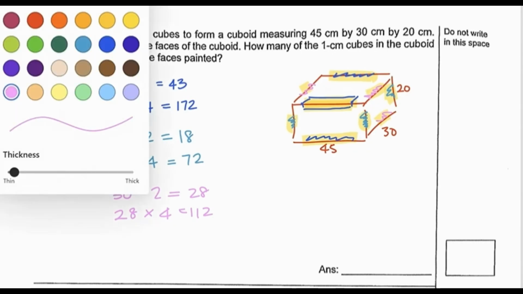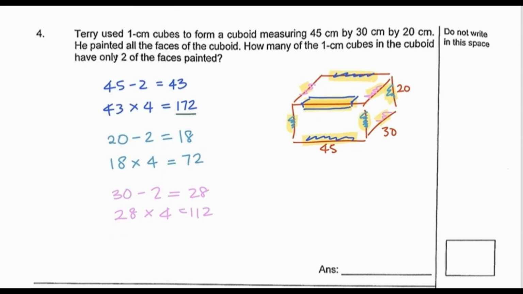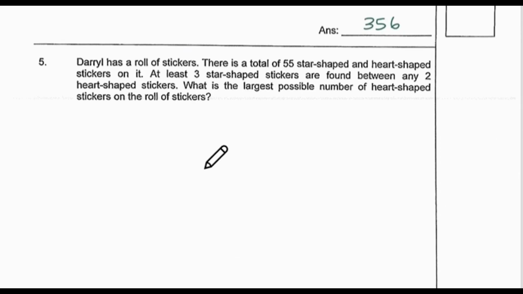Now add all of them up. Okay, we want to add this, and this one. 172 plus 72 plus 112. This will give us 356 cubes. Okay, so those are the cubes with 2 sides painted only. 356 cubes. Okay, question number 5. Now this is a